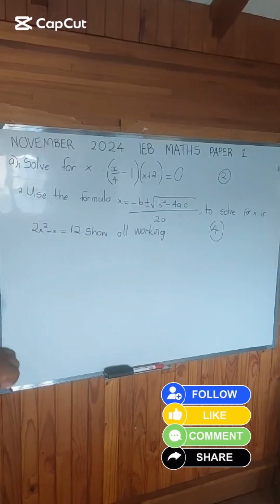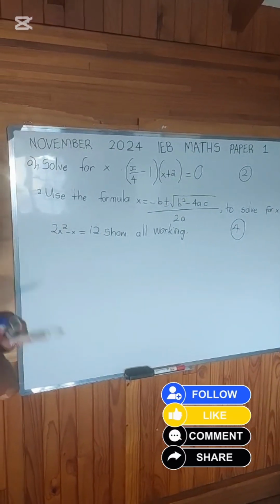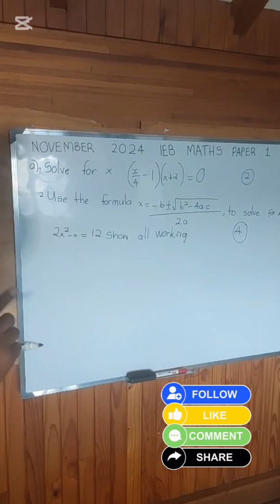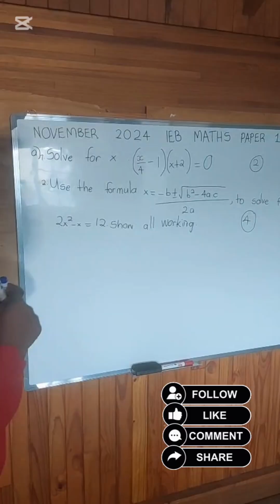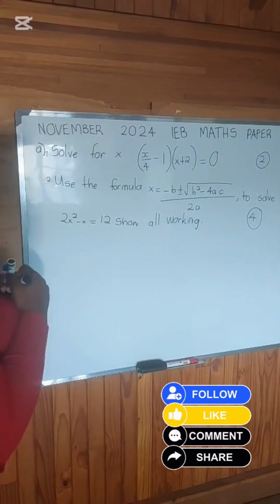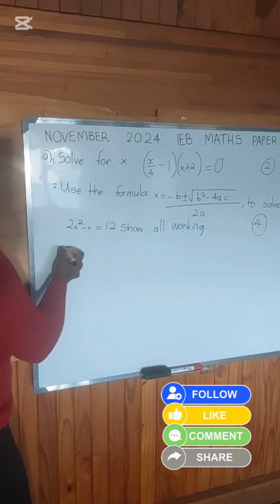So today I'll be solving this question paper. It's an IEB Maths paper 1 for November 2024. So the question says solve for x: (x over 4 minus 1)(x plus 2) is equal to 0, for 2 marks. So the first thing that you're going to do is